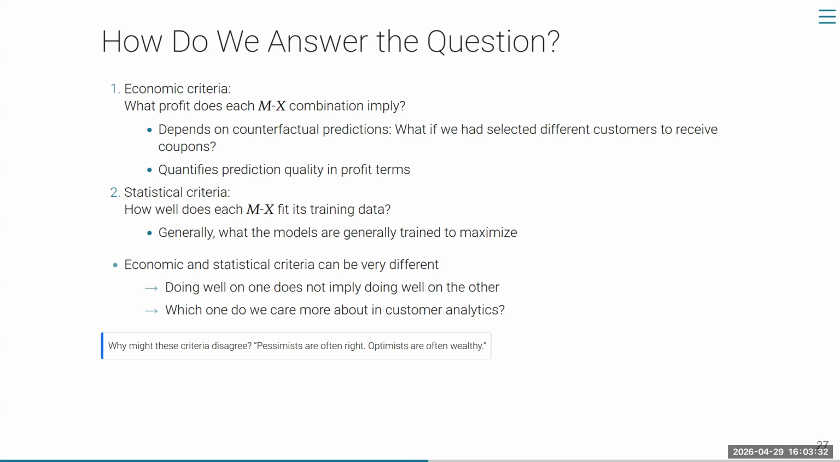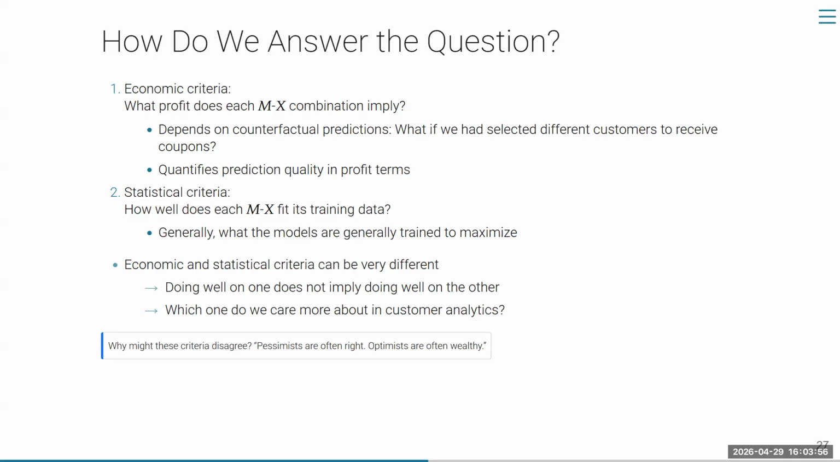And so there are two main ways you can evaluate model training data combinations. You can evaluate it based on the modeling objective, which is profits, or you can evaluate it based on the statistical performance of the models. And I'm going to show you in a minute, those come to very different conclusions. And